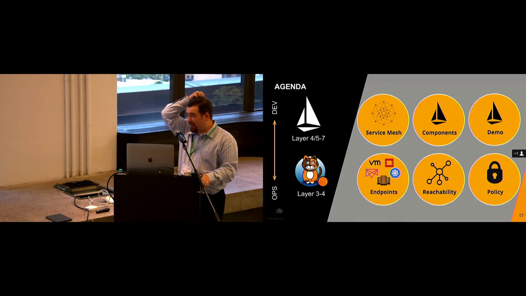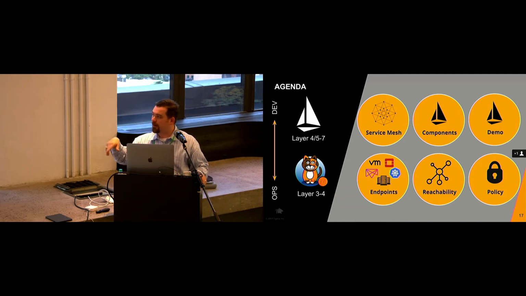So our agenda tonight, I'm going to try to, in both of those technologies, talk about these different areas. So on the bottom, we're going to talk about what an endpoint is within Calico. We're going to talk about how Calico actually separates the concerns of reachability and policy. Too many frameworks have kind of put those things together or centralized them to one device, and we try to separate those apart. And then on the top layers, we're going to discuss what is a service mesh.